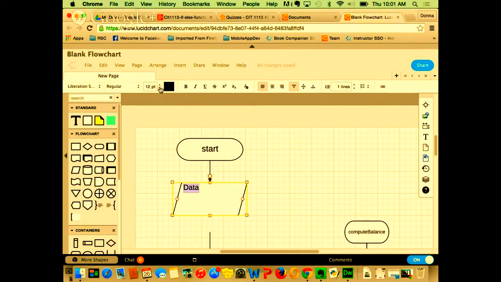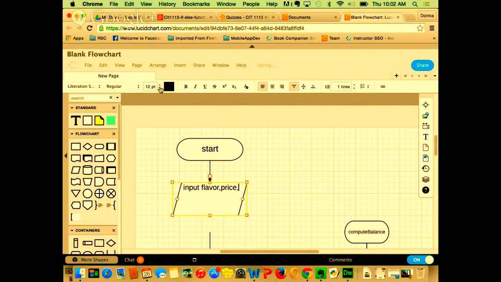Okay, so my first, what was the input? Flavor. Okay, so I can say input flavor, or I can say get, whatever makes more sense. Input flavor, and I'm just going to put them in here with a comma. What was the next one? Price.